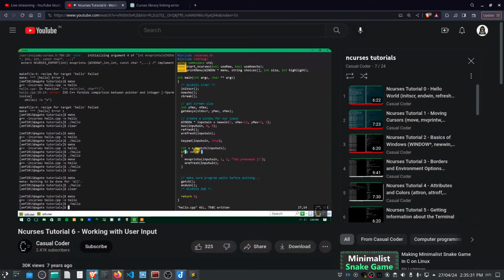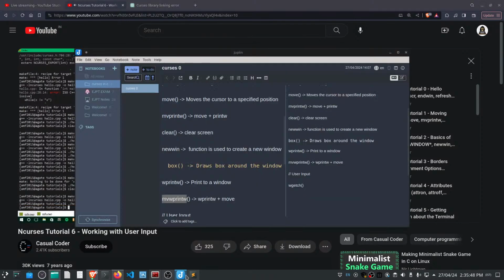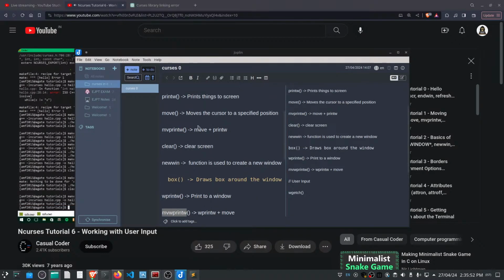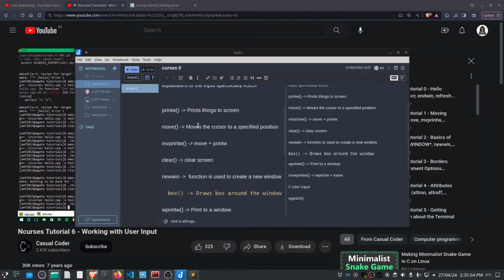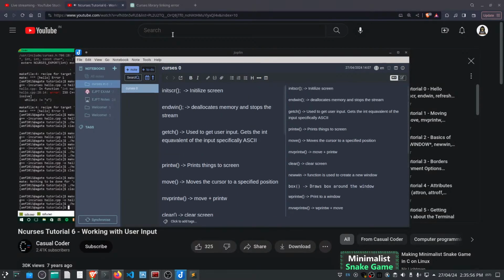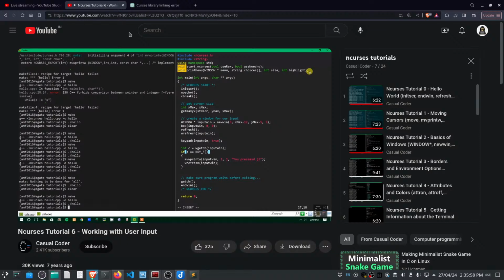But what this does is it makes it so we can use keywords such as key up or key left, right, up, down to specify arrow keys, and then we can also use key F, and then in parentheses you put the number of the function key that you want to use. So it'd be key F1, key F2, F3, F4, and so forth. So that's how you use that. But in this case, we'll just set